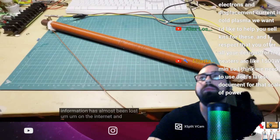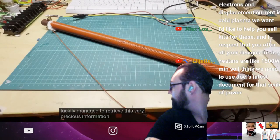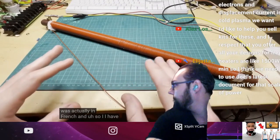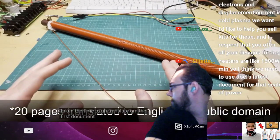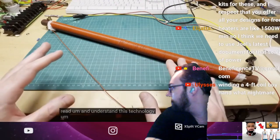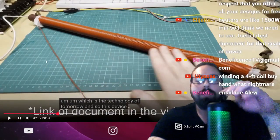On the internet, I have luckily managed to retrieve this very precious information. One of the issues has been that a lot of information was actually in French. And so I have painfully taken the time to translate the first document, which is part 1, for you all to read and understand this technology, which is the technology of tomorrow. And so this device here...